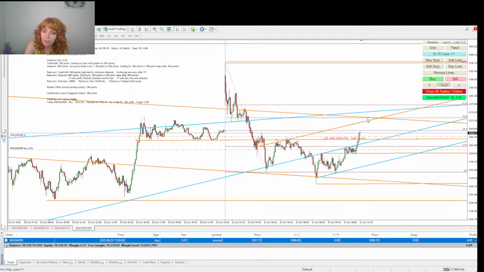So this area maybe around here would be a possible place to look for another sell, but unfortunately I'm not going to be here. So it might reach there and consolidate a bit, or create something like a double top. Well, actually it was a bit of a head and shoulders pattern in here, and so I would look for it around this area, but that's a bit of a crucial area because it's very close to our